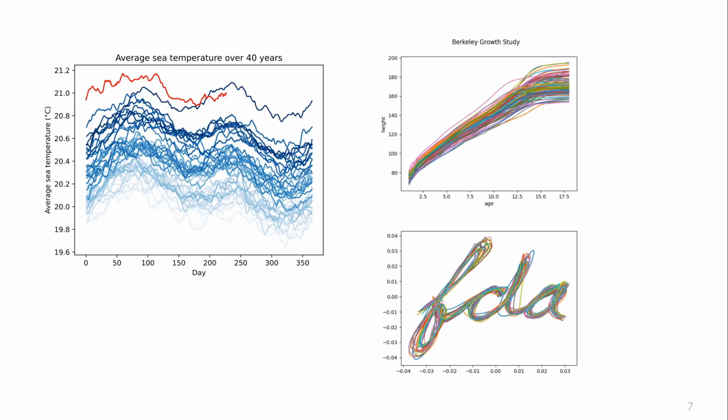So, examples of functional data, and I have a bunch of examples here. These on the right are from the Python package, and they're very common data sets people use in FDA. On the top, it's the height of a bunch of children, boys and girls, measured over the lifetime up until 18 years old. You see, what are the differences in growth patterns? Do they have growth spurts, or differences between boys and girls, and so on? The bottom one is another common data set. They took 20 people and asked them to write FDA in one stroke, and that's a curve, and that's your data set.